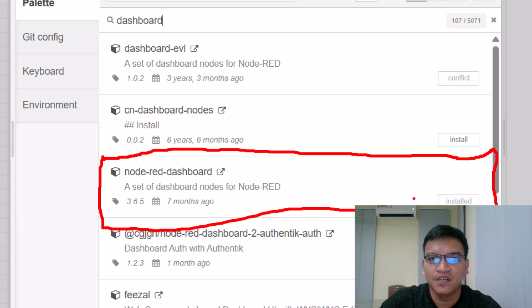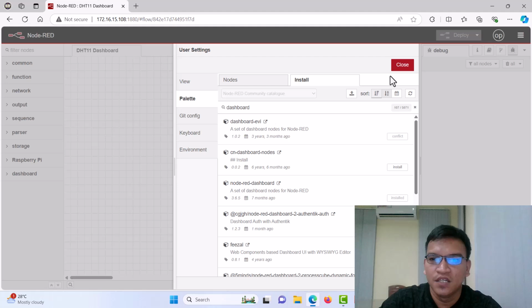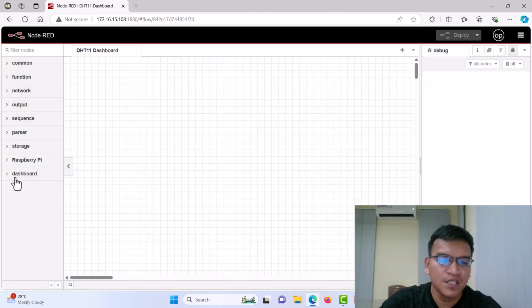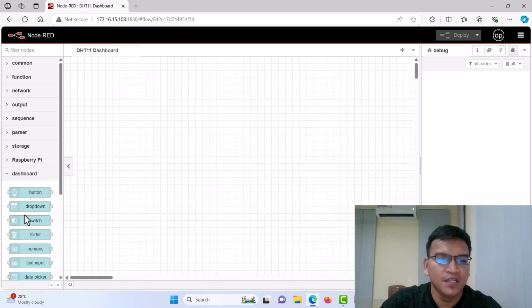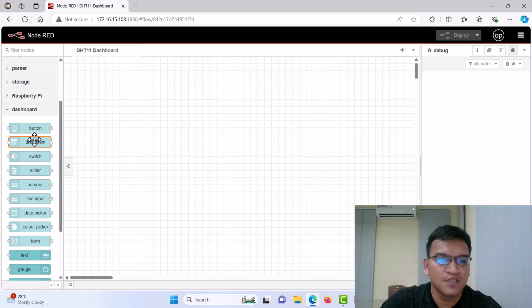After the installation completes, you will see a dashboard along the left side panel here, and there are many nodes there, such as button node, drop down, switch. Okay, now we will dive into our project